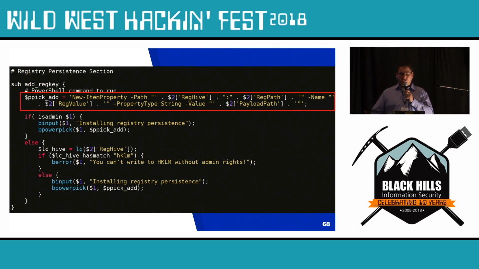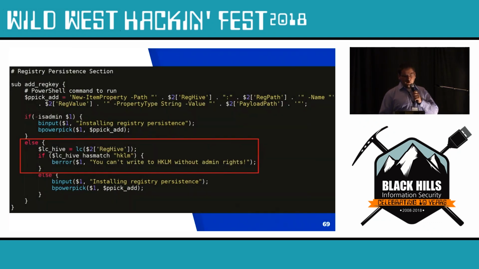It's going to be a type string, and then the actual payload that you're wanting to run. So this is removing some of these syntax or potential syntax errors that can potentially be used for detection. The next part is if we're actually trying to write to HKLM, that obviously requires administrative rights on whatever system. So we can try to prevent another error where, based on the permissions that you have, you're unable to install persistence in a specific way.